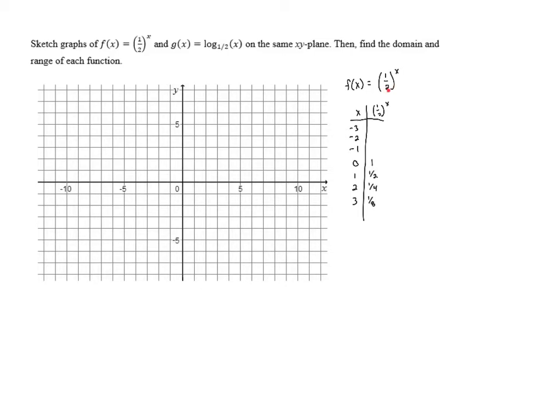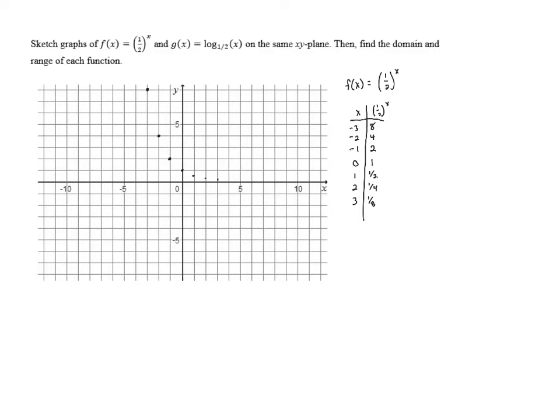Now when we raise 1/2 to a negative power, that negative power causes us to take the reciprocal. And so when we do that, we end up with a whole number. 1/2 to the negative first is 2. 1/2 to the negative second is 4. And 1/2 to the negative third is 8. So we end up with the points -3, 8, -2, 4, -1, 2, 0, 1, 1, 1/2, 2, 1/4, and